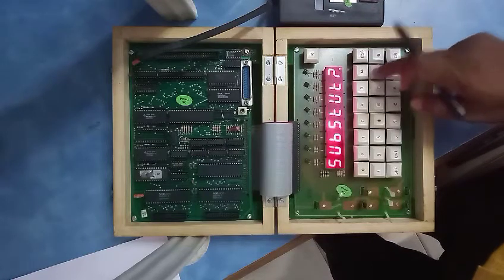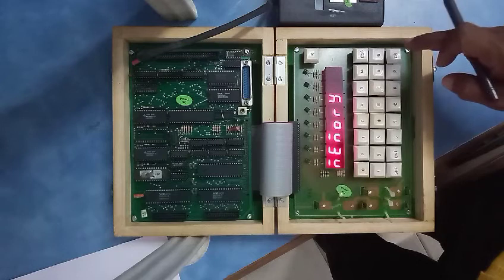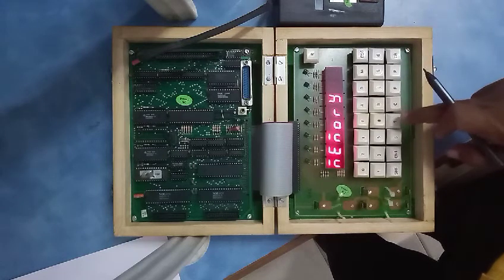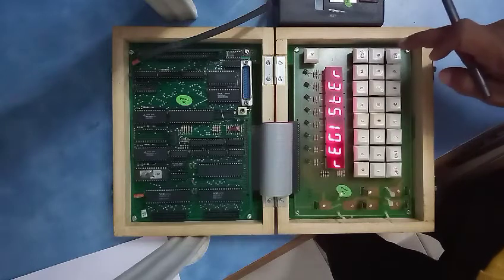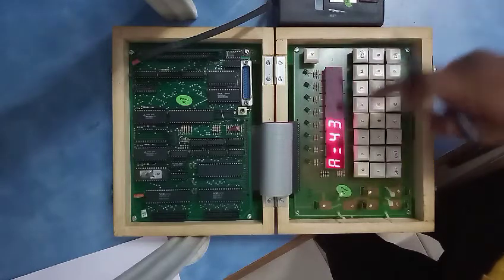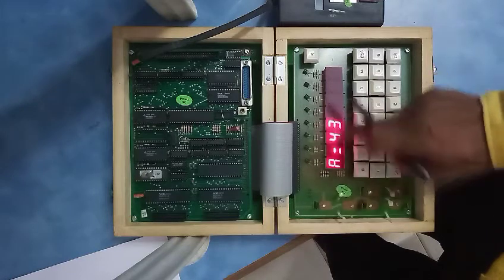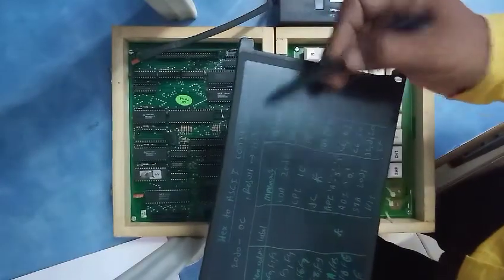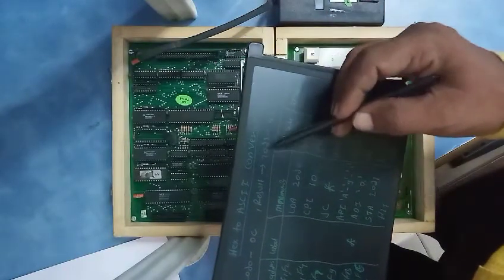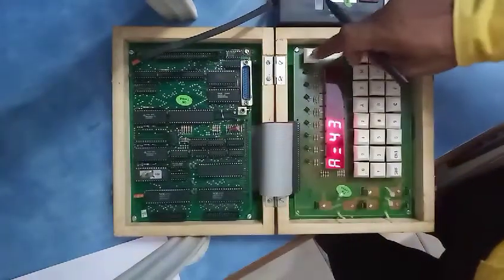Then press SCR one time, and press any key two times aside from CR. The register will be displayed, and then press CR. What was the result? A is equal to 43. In the accumulator, the result will be stored as 43. Now we will see the address. In this address also the number 43 will be stored. It means whatever program we have written is correct.